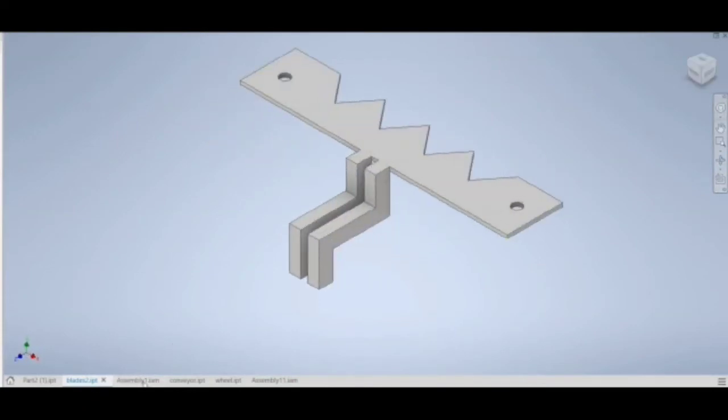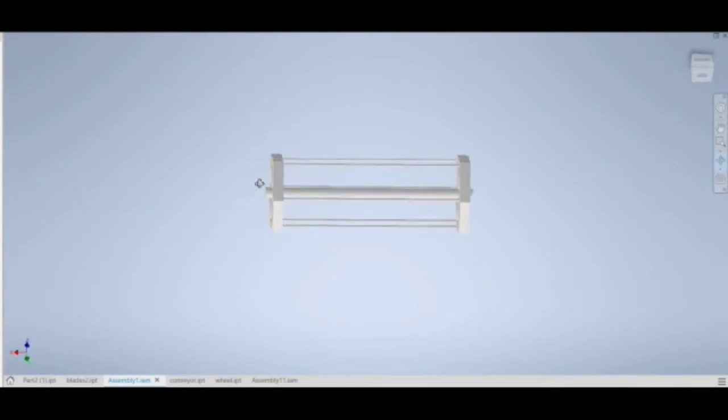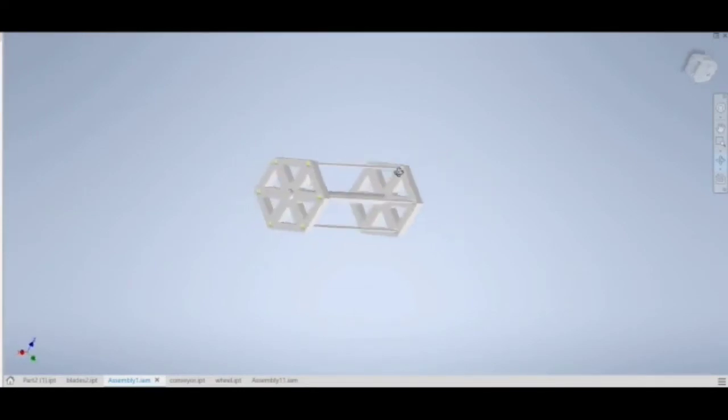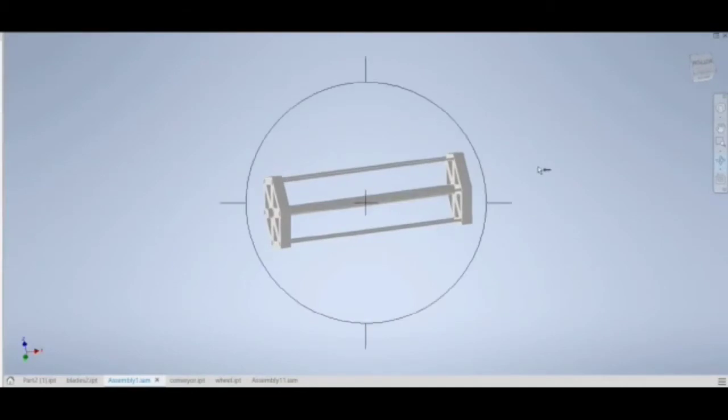Now coming to the reel. The reel is used to provide an extra driving force in order to pull the leaves upwards, that is upward the conveyor belt. So you can see these reels as they rotate, they drag, they move. As they move along, they take the leaves up towards the conveyor belt.